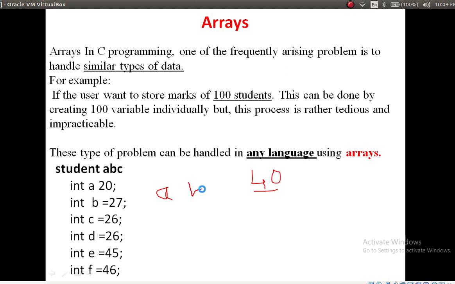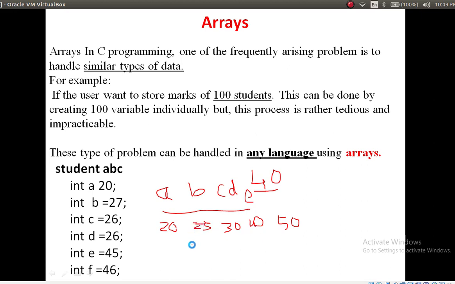Assume these are subjects A, B, C, D and E. Assume I want to store subject A's mark as 20, B's score is 25, C's is 30, D's is 40, and E's is 50. We have to store these marks.